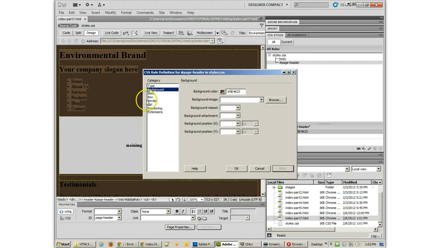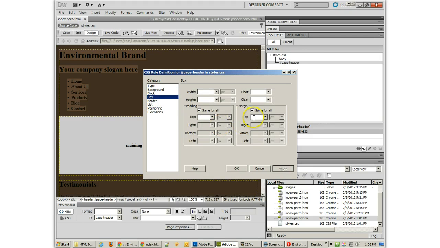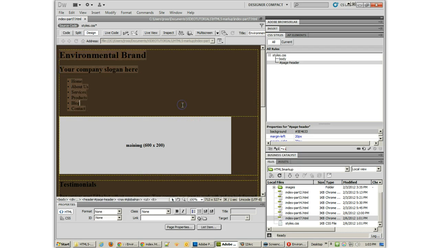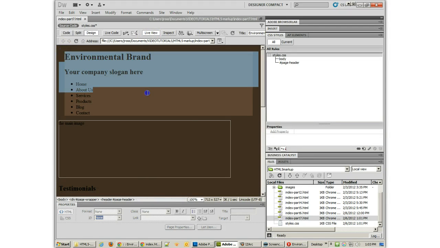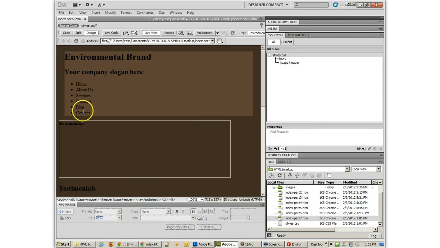And now what I'm going to do is go to my box, and I'm going to do the margins and padding like we thought. We thought that we would be doing 20 pixels on the right and 20 pixels on the left as our margin. So let me do OK, and let's go to the live view and actually see how that's rendering. The problem with that is that you'll notice that my background color is not going all the way to the